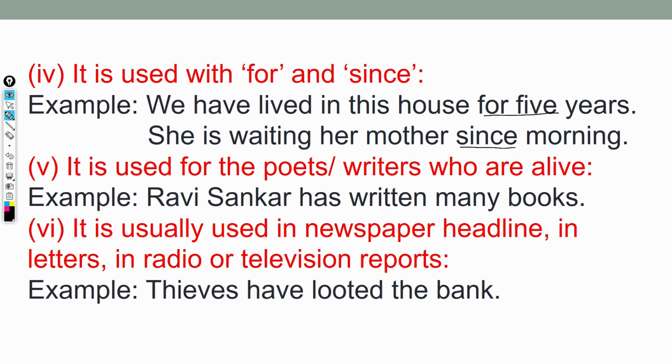Then present perfect is used for poets and writers who are alive. Ravi Shankar has written many books. And number 6: it is usually used in newspaper headlines, in letters, or in radio or television reports. There also, generally you see in bold letters it has been written, thieves have looted the banks. Okay. Then we will go to the next slide, you will see